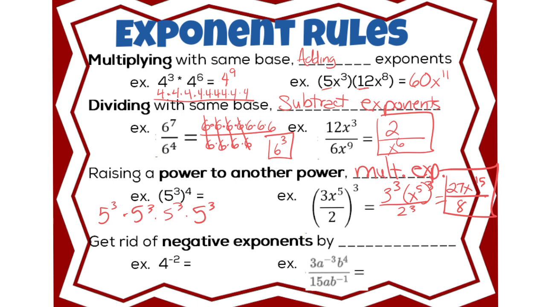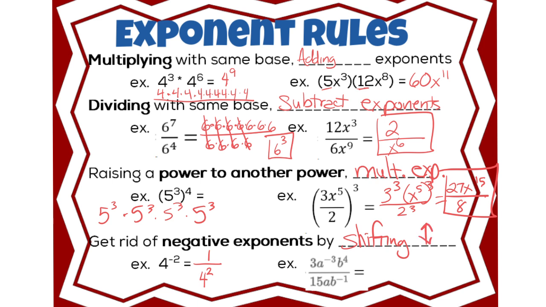Okay, so to get rid of negative exponents, you're going to shift them. When you see a 4 to the negative 2, that really means that the 4 is in the wrong place and it needs to be shifted down to the denominator and be squared. When you shift it, the exponent goes positive. If you have a negative exponent that's already in your denominator, then you shift it up to the numerator. So get rid of negative exponents by shifting